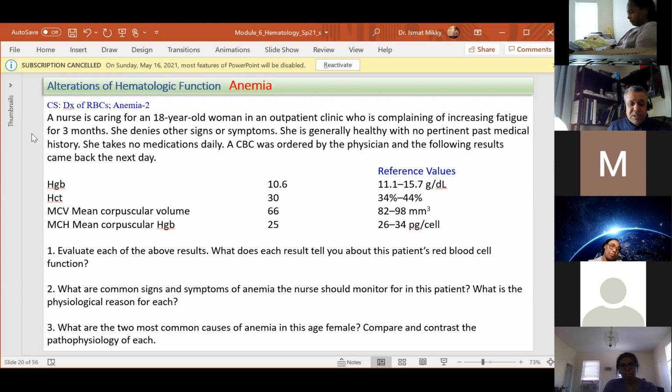And the other cause, which is not frequent, can also be beta thalassemia or thalassemia disease, but it's not very common. But that could be another cause of this type of anemia. All right. Now, next is